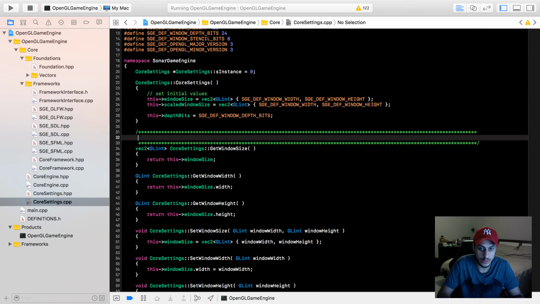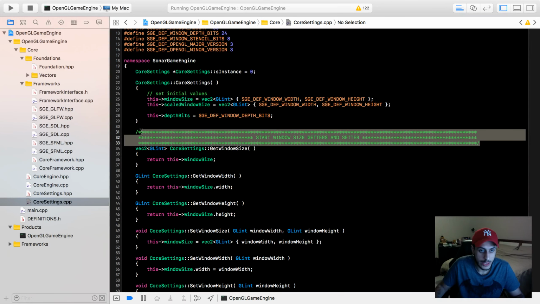So in here I'm simply going to put start window size getters and setters, with 1, 2, 3, 4 as the decoration, and just do it. I do like them centered. So I need to also do the same on the other lines, counting out the characters to match. Okay, so now that we got that done, we're literally going to copy and paste that